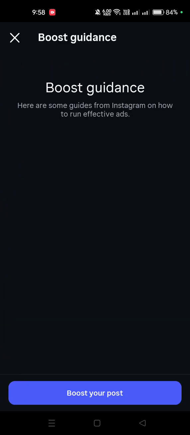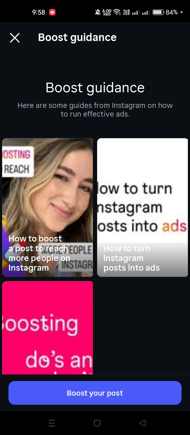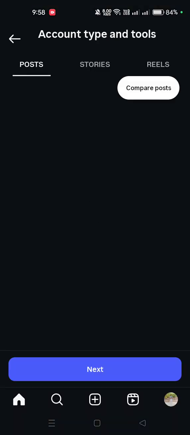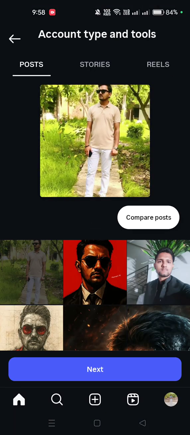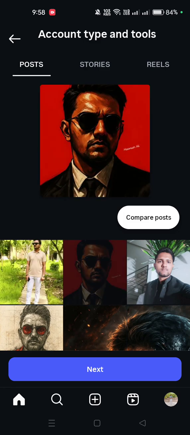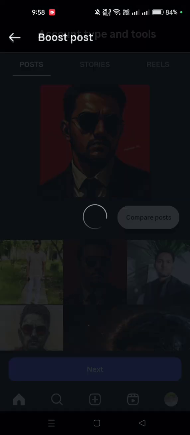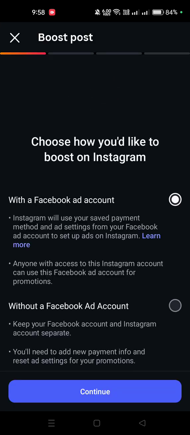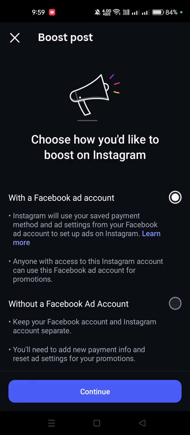So this is the final step, the boost guideline, like how you can run your ads on Instagram. Okay, so you can select the photo you want to promote, or the ad, or the reel you want to promote. After that, you will just select it, and then you can make the payment and boost your post. You can select the type of how you want to boost. Right now I'm not going for this.